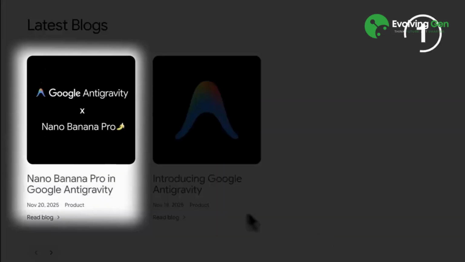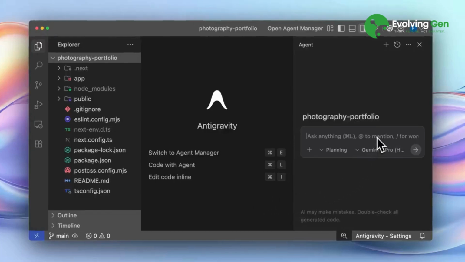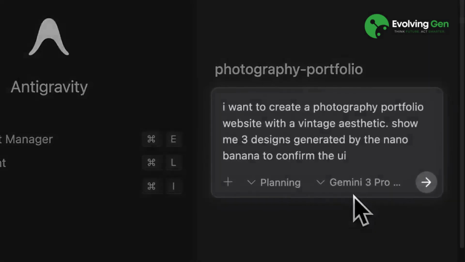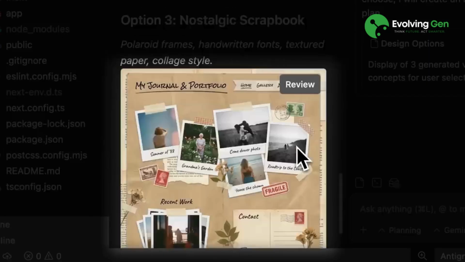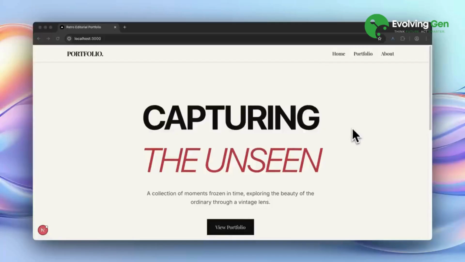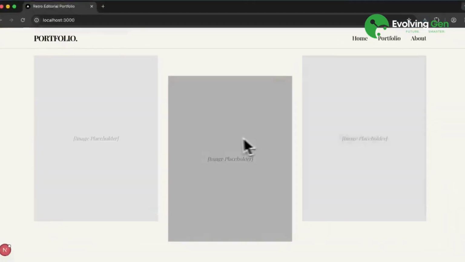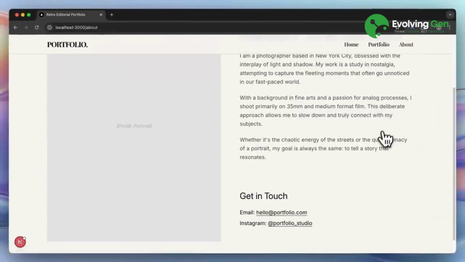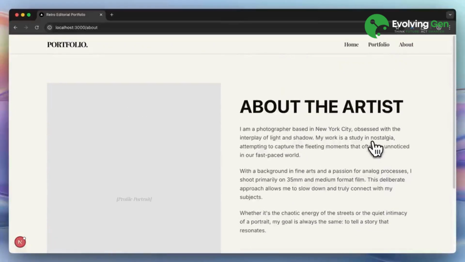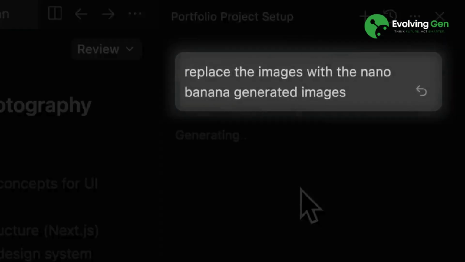With the Nano Banana integration, you can ask the model to generate the UI style you want your website to follow. I asked Antigravity to generate 3 vintage-themed website designs for a photography portfolio, each with its own unique style. I used the second one, and it created the website with this style. It was a pretty minimal website with great fonts, and it used blank placeholder images. The fonts it used matched the editorial aesthetic really well, giving it an overall clean look. The design wasn't exactly the same, but it still looked good enough. The crazy part is you can even ask Nano Banana to generate images for your website, which I did to